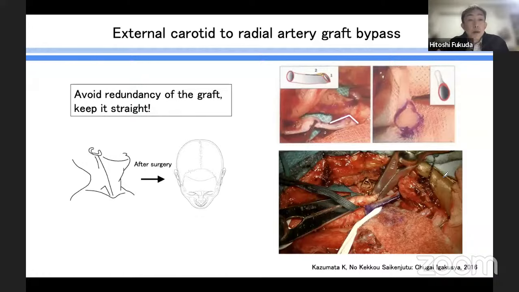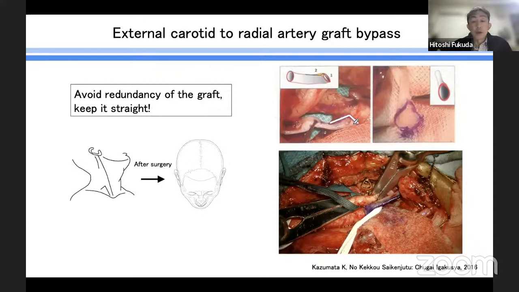Next, I'll show you the step of external carotid to radial artery graft bypass. In this step, we have to focus on avoiding redundancy of the graft and keep the graft straight. One of the reasons is that after the surgery, we get back the patient's neck from the rotated position to the supine position. So if the graft is redundant at the surgery,